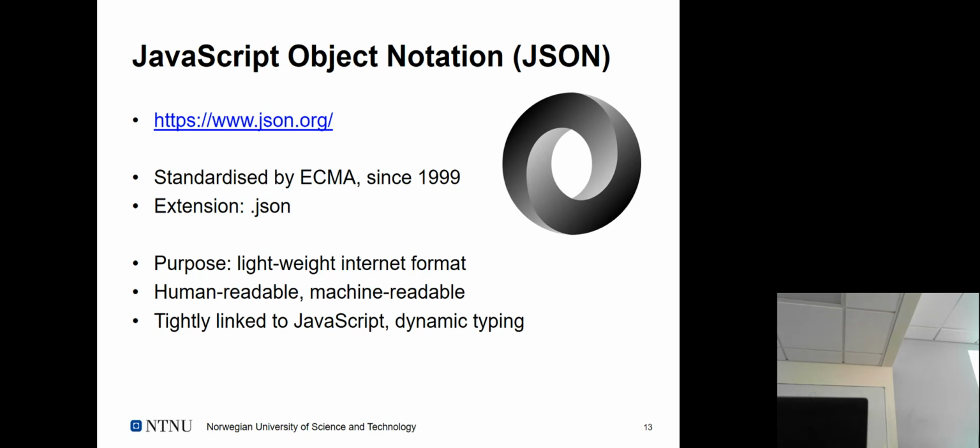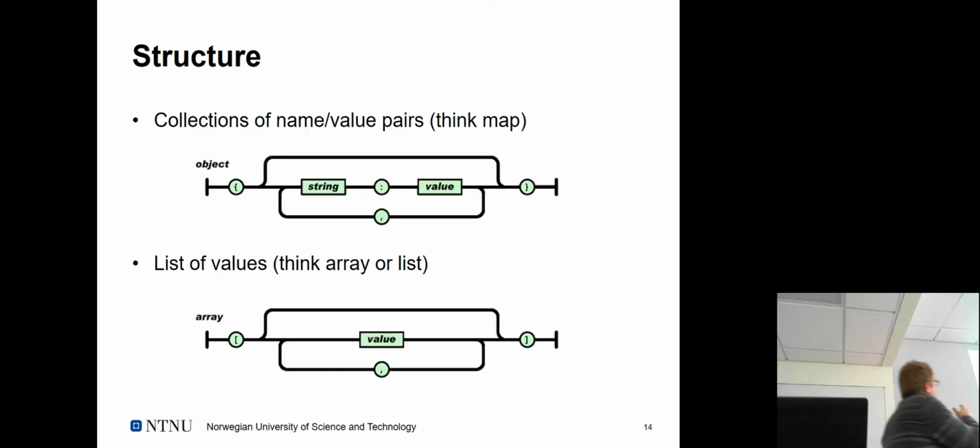And exchange those across different machines. So that's the key value. Literally the key value. Right. So what kind of structures do we support? Well, you know it anyway, right? We have some sort of arrays, so representation of lists, if you like, in which values can be combined, and we have the idea of collections, right? So you're representing the idea of a map structure where we have a string-based key and some sort of value as a value.